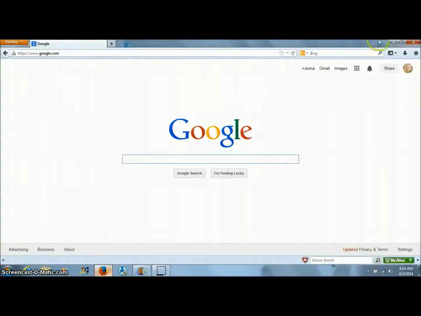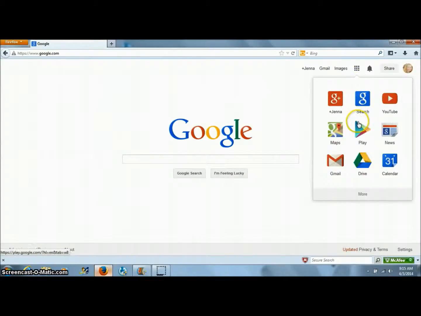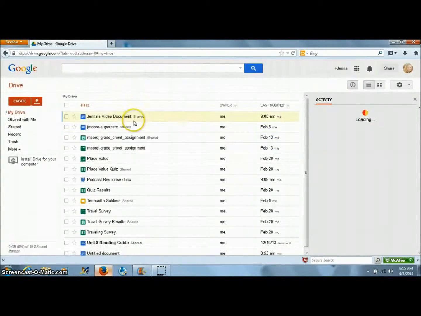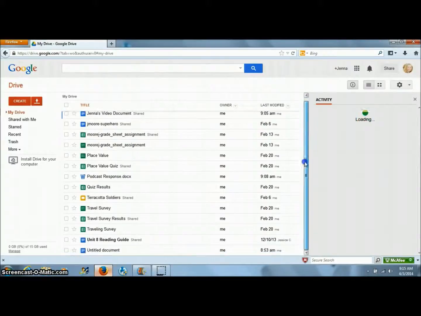Once you have your Gmail set up, you can come over here to the top. Mine's already logged in. I can tell I'm logged in because my picture is right up here in the corner. It says share, and it says plus Jenna, which shows that I have access to all my files. So I'm going to come up here to apps, and I'm going to click on it, and I'm going to come down, and I'm going to go to my drive. The drive's going to bring up my home page, and it's going to show all the documents that I have used Google